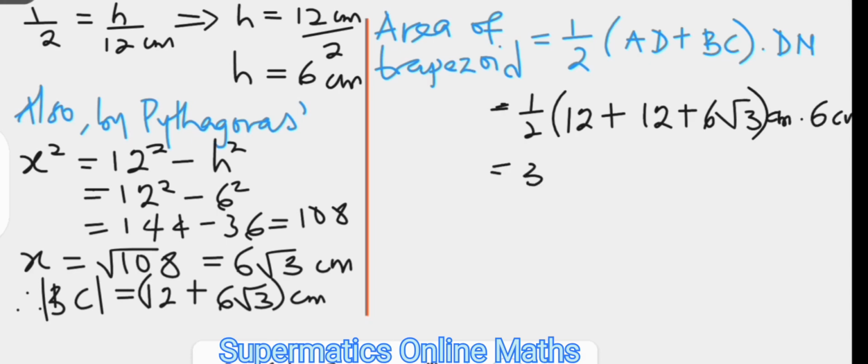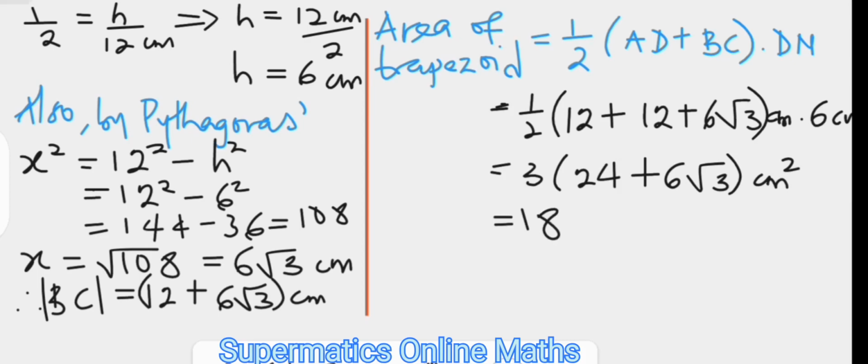Half of 6 is 3, so 3 times 24 plus 6 root 3 centimeters squared is the area. Factoring 6, we have 18 into brackets 4 plus root 3 centimeters squared as the area of the trapezoid,